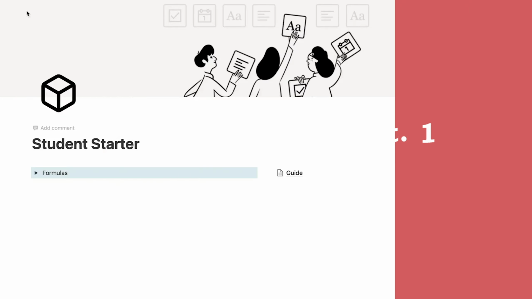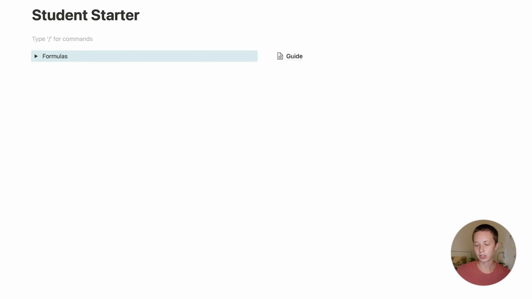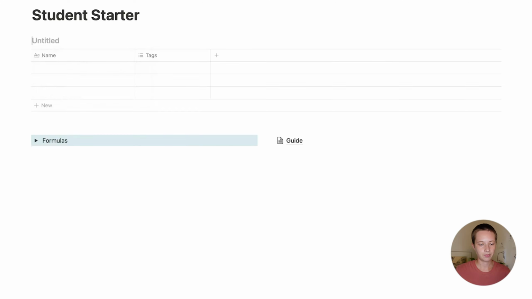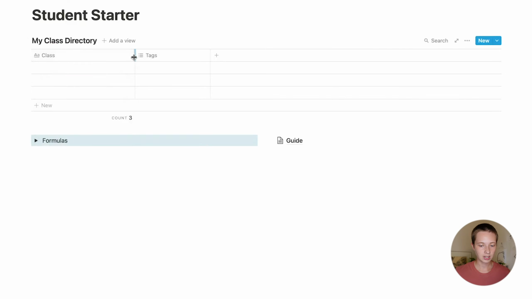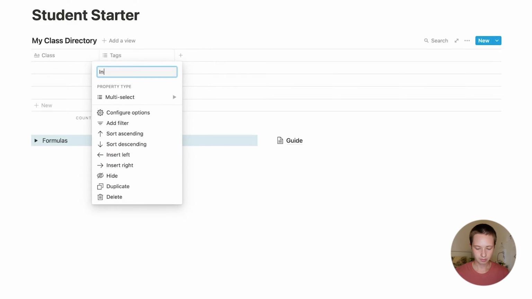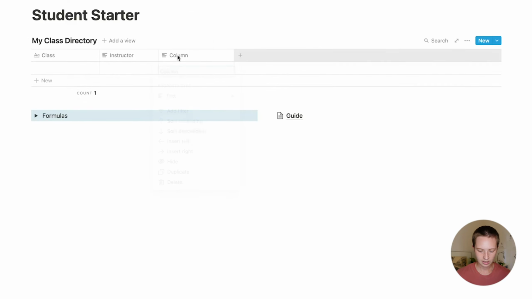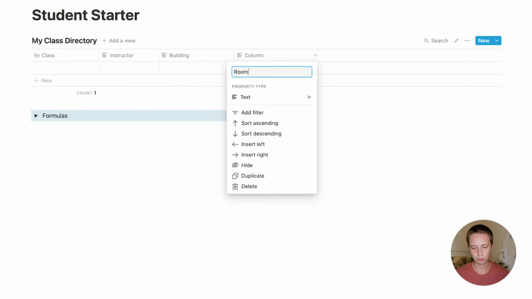Let's start with the 3 databases, one of which, the class directory. This is where all of the classes are going to go. So I'm going to go /inline table. Call it my class directory. And I'm going to change name to class and start putting in some properties here that are essential, like instructor. Let's look at the instructor of a particular class. The next one may be building, the building the class is in, the room the class is in,